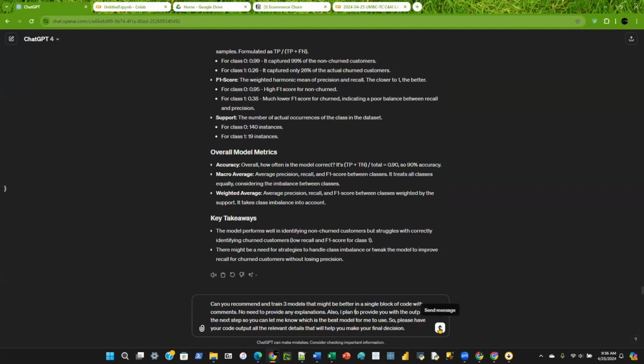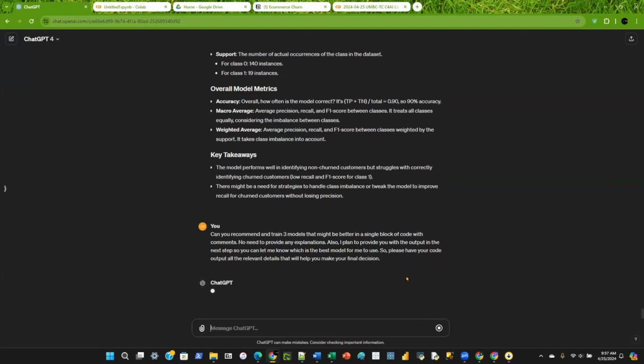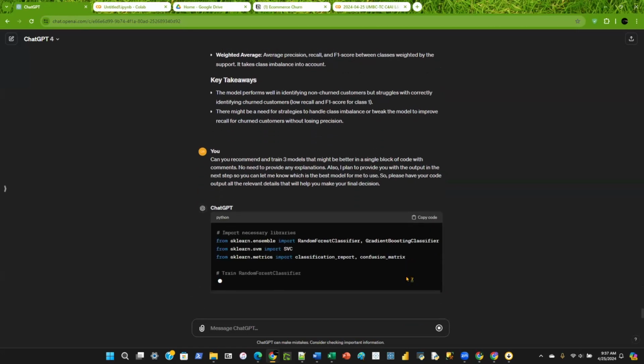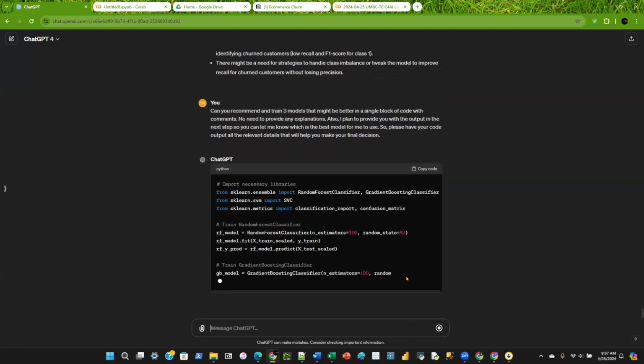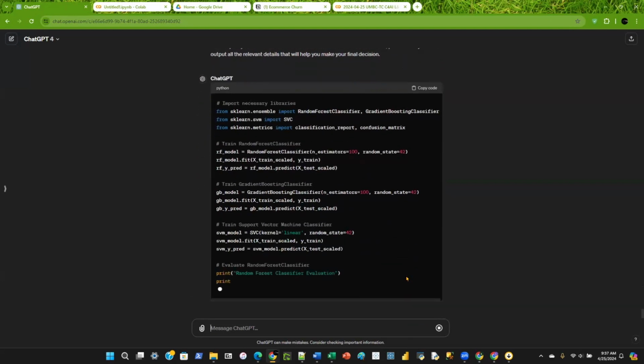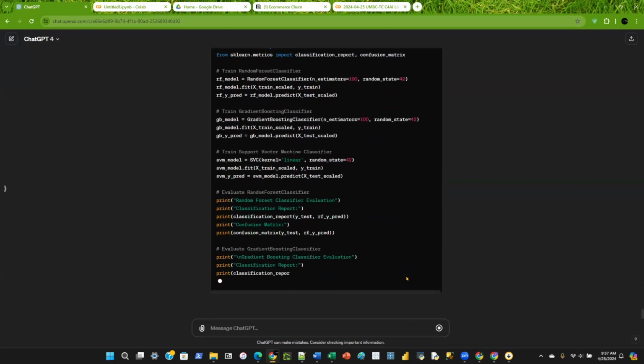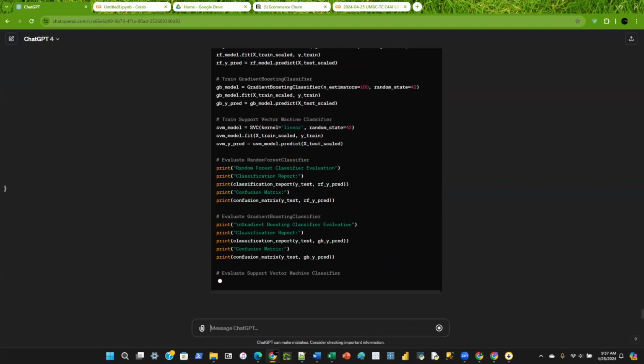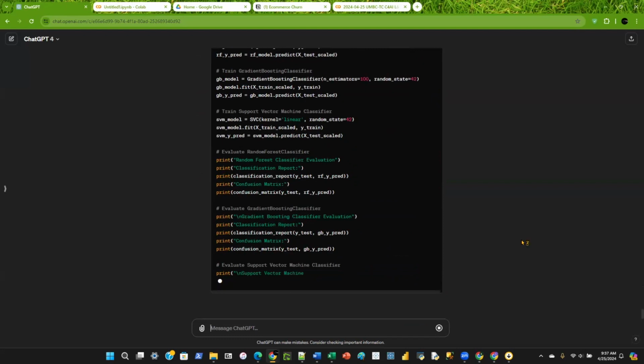So I'm saying, give me 3 more models that are potentially better than the baseline logistic regression model. But also, when you give me the code, make sure it spits out all the relevant output that I can then feed back to you, so you can tell me which ones are good. It's a very powerful tool, in my opinion. And hopefully you guys are seeing the power of the interaction between a chatbot and a Google Colab or Jupyter environment. So it's doing an SVM, support vector machine, random forest, and gradient boosting models.